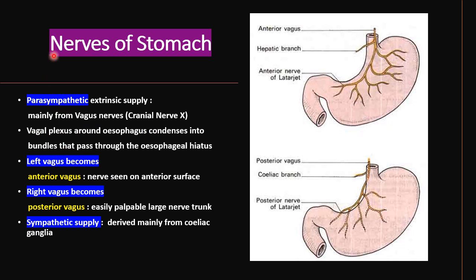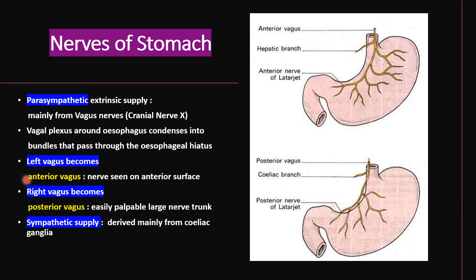Next, we come to the nerve supply of the stomach. The nerve supply comes from the parasympathetic and the sympathetic supply. The parasympathetic, which is the dominant supply, is the main extrinsic supply of the stomach. It mainly comes from the vagus, which is cranial nerve 10, which forms vagal plexuses around the esophagus. And as it reaches the lower end of the esophagus, this plexus forms bundles. They're known as the left vagus and the right vagus. And as it enters the abdomen,